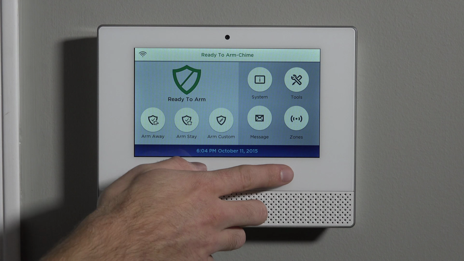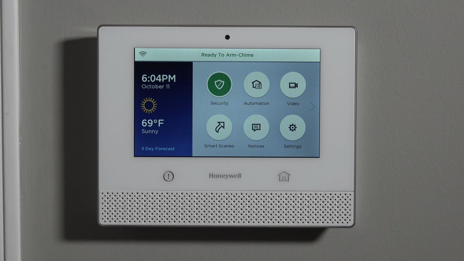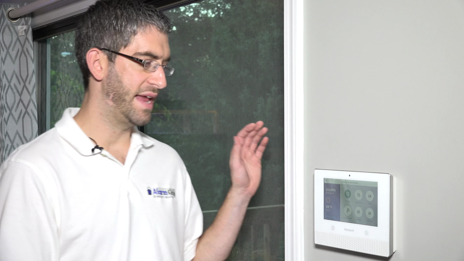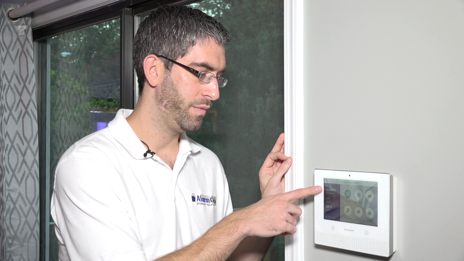So now that we've saved it back to East Coast, that one updated even faster. Right away, went to 6:04. We're back to the right date and time. So that is how to program the date and time. Really, once you're live with monitoring, which we urge every Lyric system to be monitored, the date and time portion will update live, but the time zone portion of the date and time is very important that you know how to select that. And that's what this video shows you.